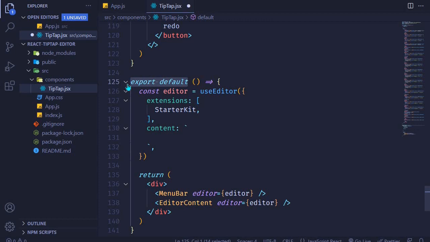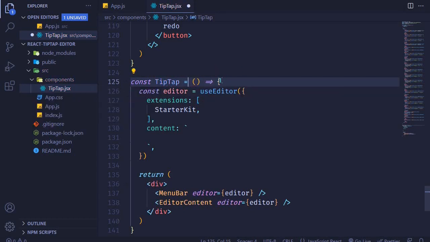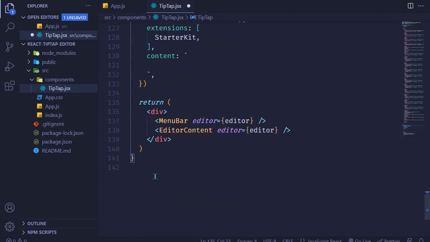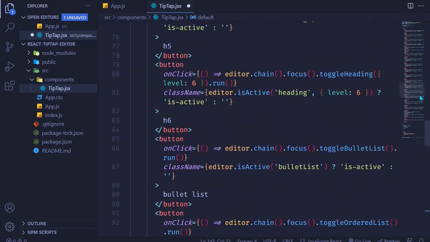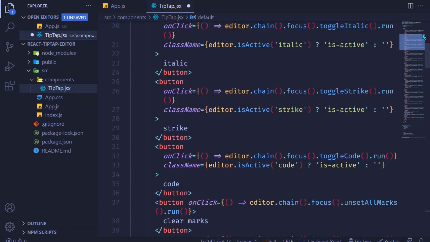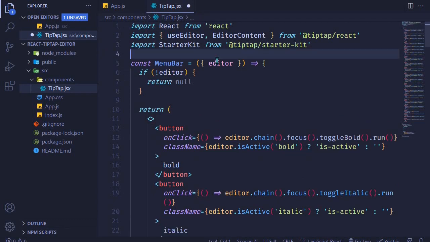So right here I can say const TipTap will be equal to an arrow function like that, and then now down here I can export that right here, okay? So I can export default TipTap, just like that. And then for now, this is actually all we need. But at the very top, what I want us to do is to remove this SCSS file. So I'll remove that. We will be making use of app.css for all the styles that we will be making use of. So I'll save that,